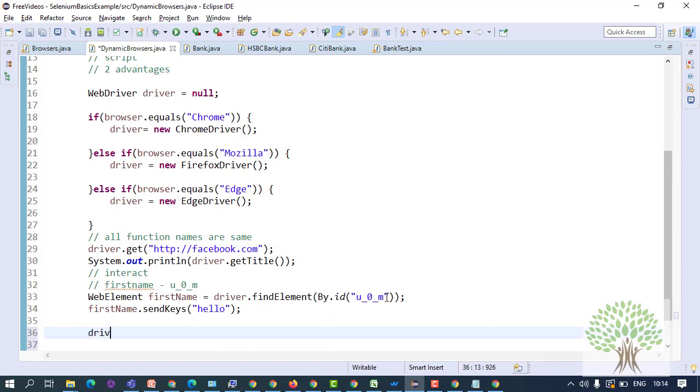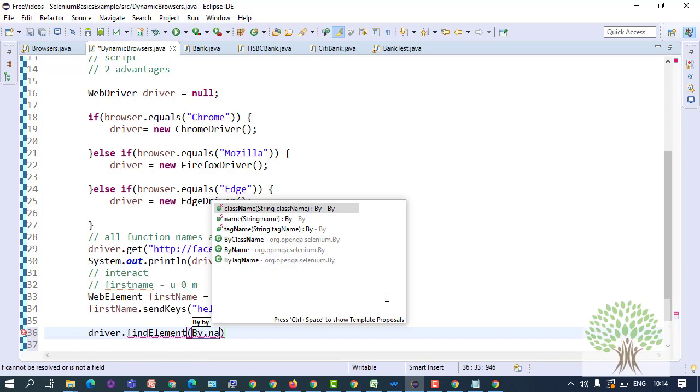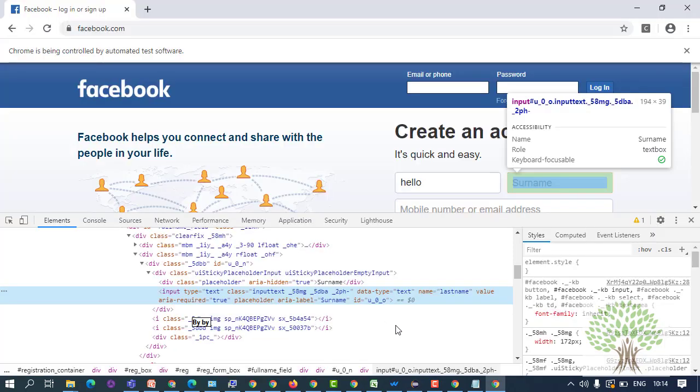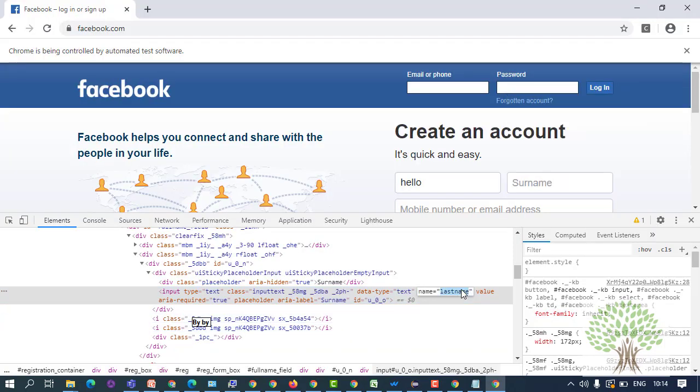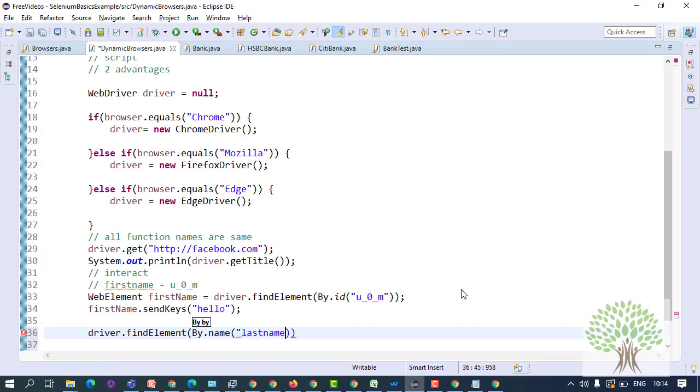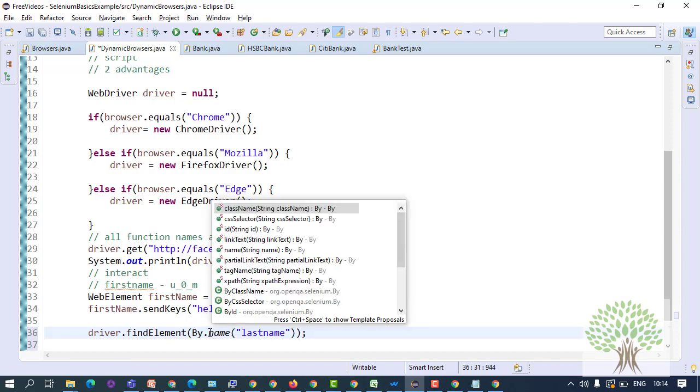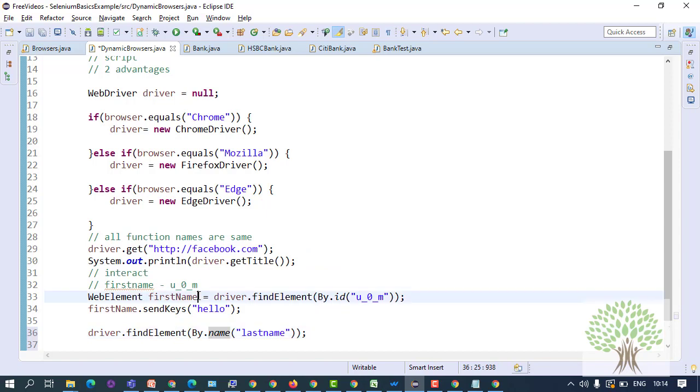So you can write the command driver.find element By name and you can give the name as last name. So by ID, by name, there are different criteria. ID and name are the easiest to use. Okay, so you can write over here, this is your web element surname